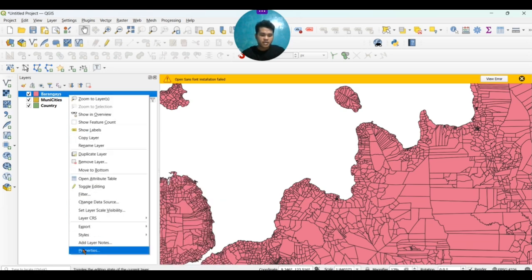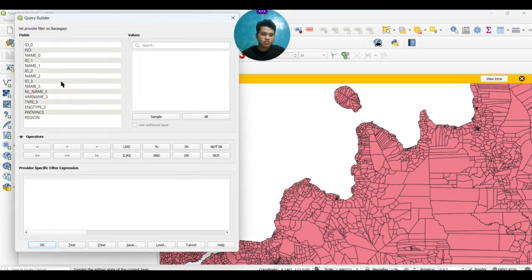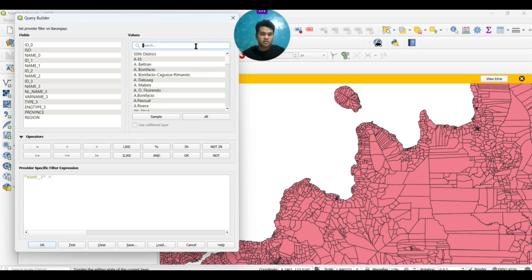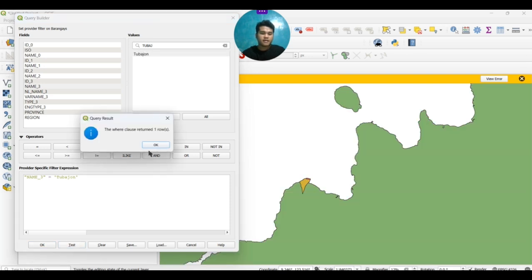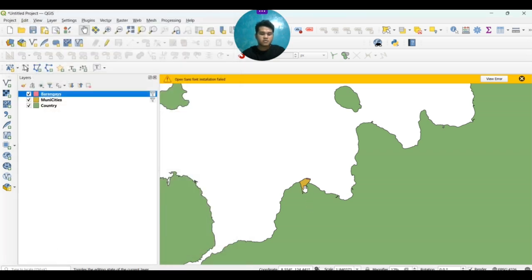Go to the properties. No, filter rather. Then click the name tree, which symbolizes the barangay. Name 1, 2 and 3. Here, click see all and look for the barangay in Lagindingan, which is Tubahon, which I named for my study. So click test and then just click OK and OK.